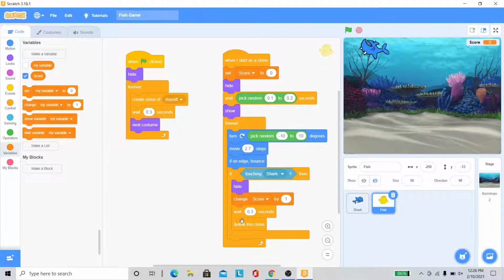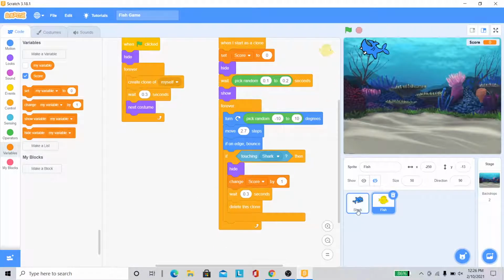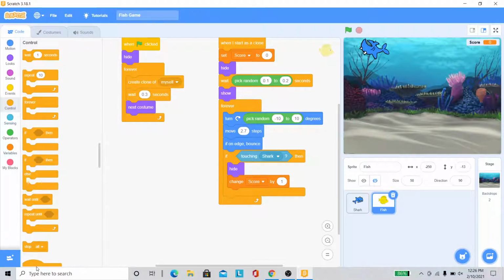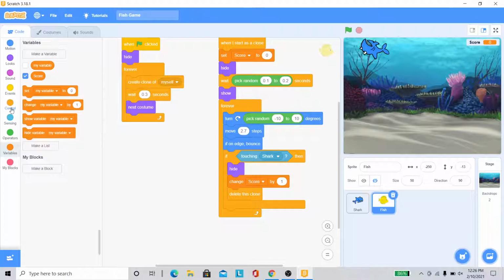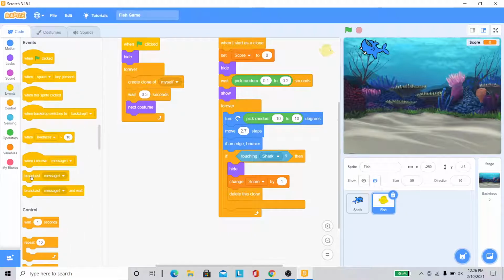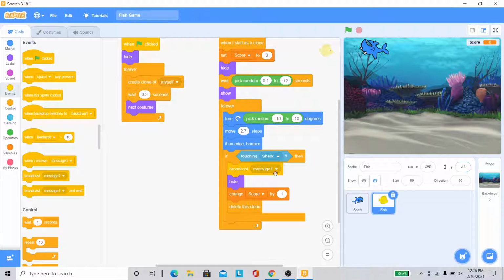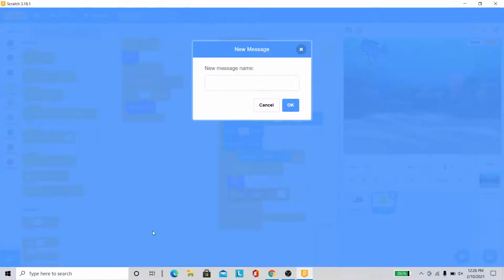To make this, so it has to do something. So we have to make a broadcast. So actually we don't need this. Oh, actually we need it. So instead we can just delete the clone. So before it's gonna broadcast. Like I said in the last video, broadcast is just a secret message. It's just a secret message. For this message, we need to do shark touching fish. So put shark